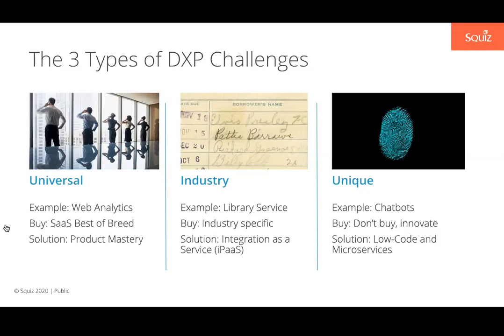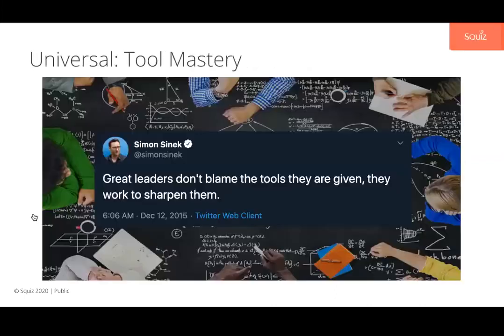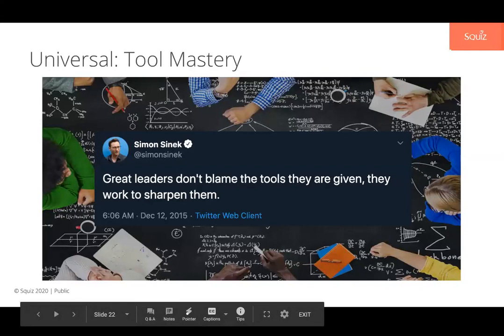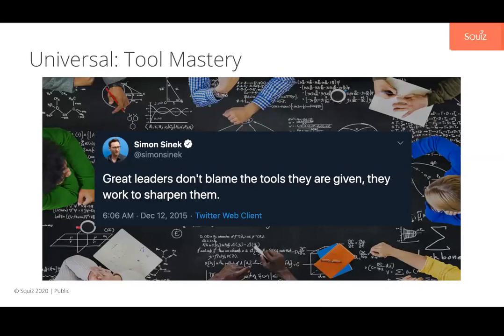I think the first one isn't really a technology or a technique. It's simply the mastery of these tools. So when you're dealing with these universal problems, when you're dealing with things like Google Analytics, for example, don't focus so much on the shortcomings of these tools until you feel like you've really mastered the tool. It's incredibly common for organizations to be looking at purchase decisions, to be looking at making a big change without really understanding the tool that they're leaving. So there may be one thing that it doesn't do or they're struggling with, but if the rest of the tool is working incredibly effectively, it might not be worth moving just because of that one problem.